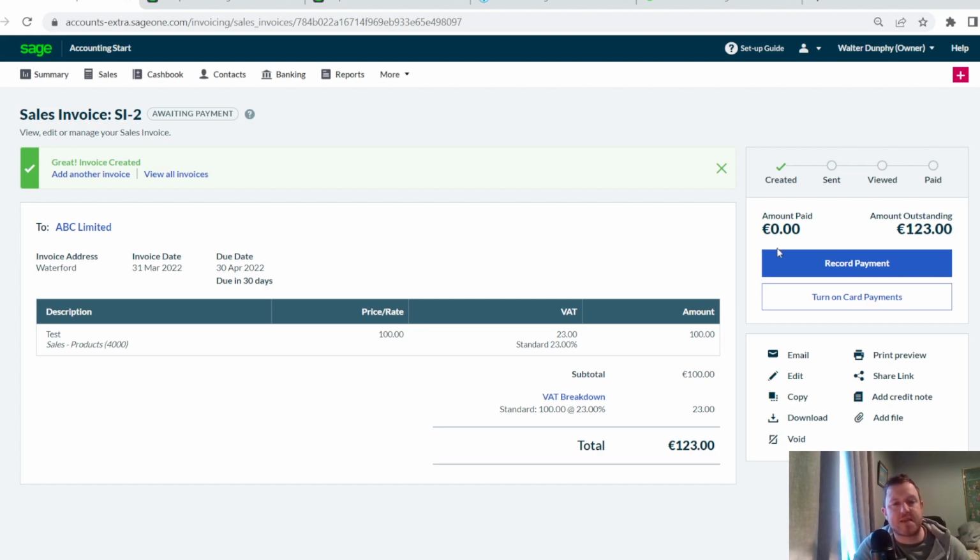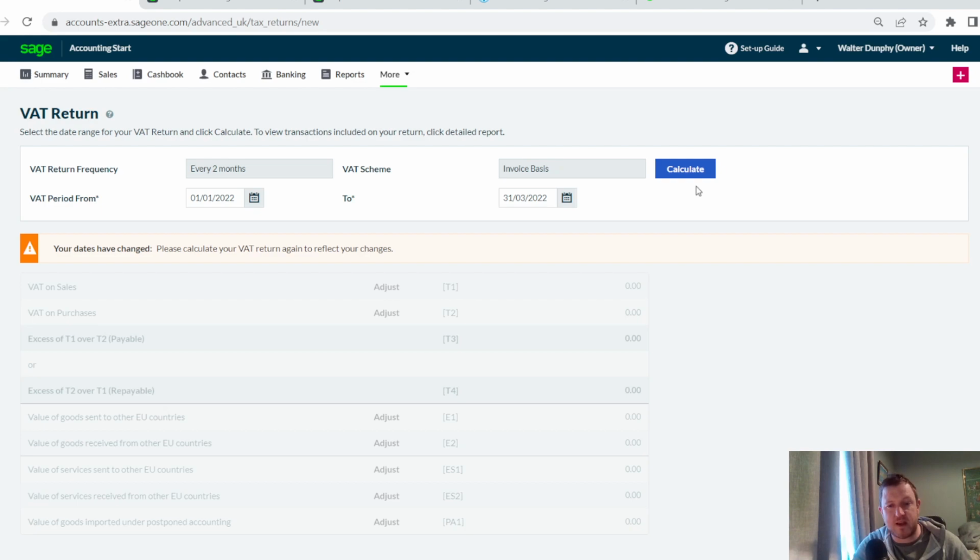I think the best thing about the Sage package is its tax reporting. So you can quite easily do a VAT return. So if I come over here to the more section, you will see this VAT returns part here. I know I have only posted in one sales invoice here, but let's quickly just try and generate a tax